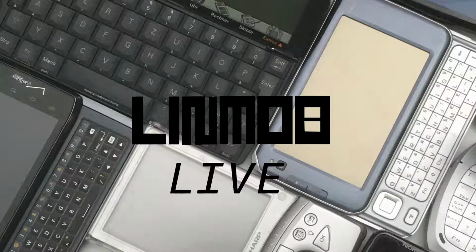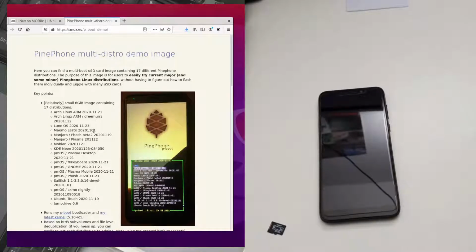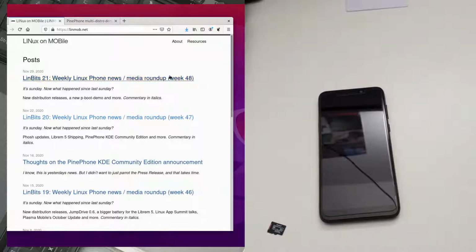So I'm going to talk about, and let me show you something here. Talk about this, the pboot demo image. Also make sure, of course, to check out my latest